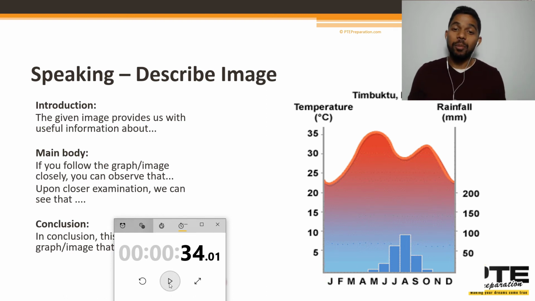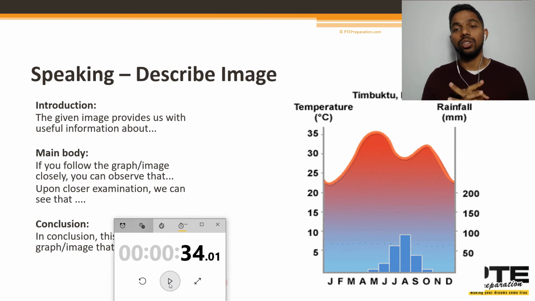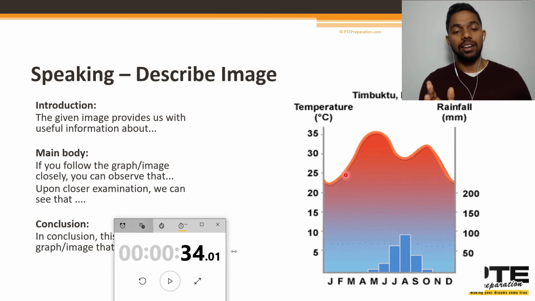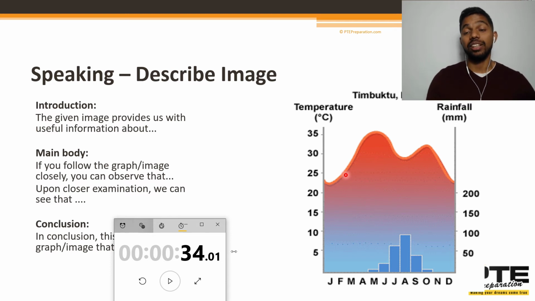Okay, so that was probably not the best answer, but it's still really good. What went well was that in the introduction, it was smooth. In the main body as well, it was smooth, but there were one or two points where maybe I hesitated or I spoke incorrect content. Again, speaking incorrect content is not as bad as having pauses and fluency breaks. So even if there's a part of the image where you do not speak that accurately, it does not matter. The response I gave would still score really high in the exam because it has only one or two pauses or hesitations.